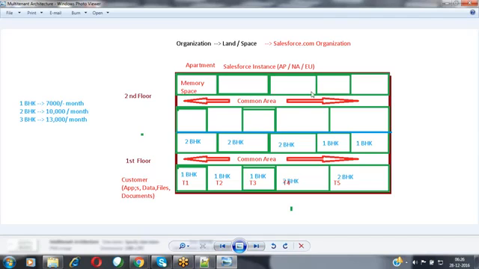In each and every server, it may be any server over here, they will be having some amount of memory space available. This memory space they are going to be allocating to each and every customer separately. Whenever you create a new free developer Salesforce account, inside this Salesforce server, Salesforce is going to be allocating some amount of space to you, like as one tenant. Now in that space, your applications, your data, your Apex code, your Visualforce programming code, everything will be residing inside that.